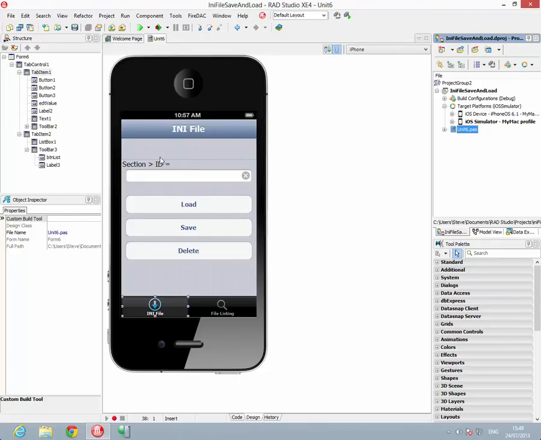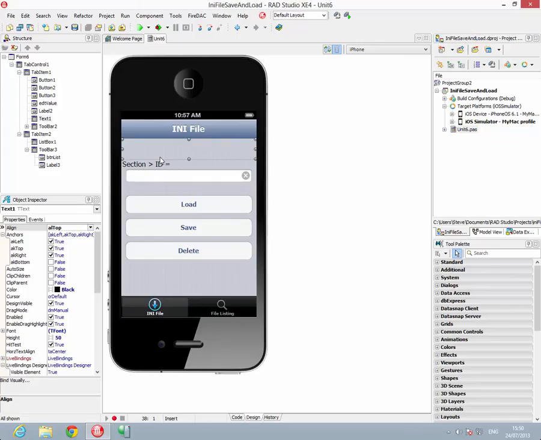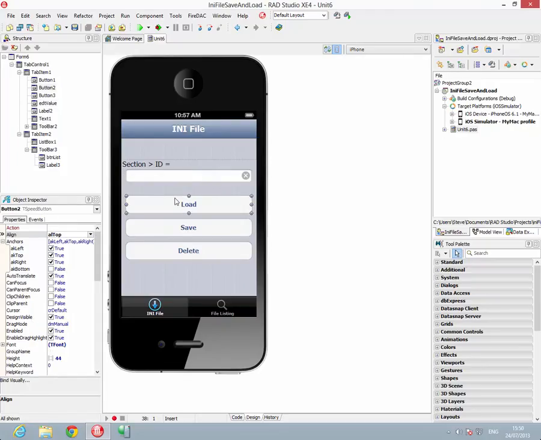So here's the example that I've just told you about on Code Central. There's a label at the top here which we're going to populate on startup to tell us the application's path on the iOS device. And then here, this is our edit value, which is where we're going to put the value into and save it away from. So we've got the load, which is going to read it, the save that's going to save, and then on the delete button here,